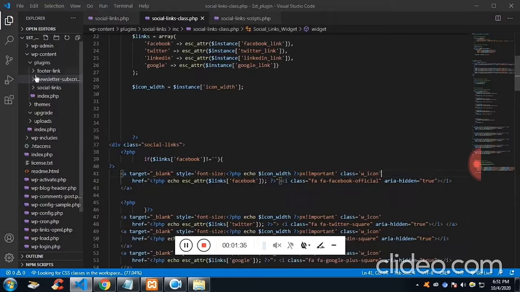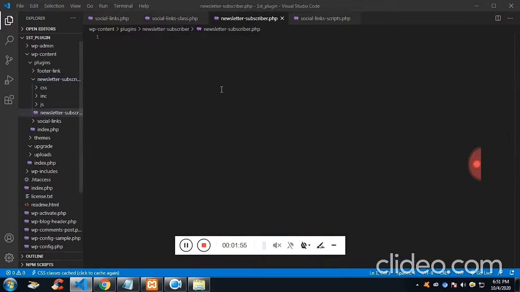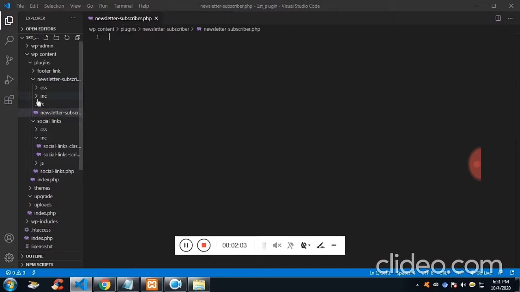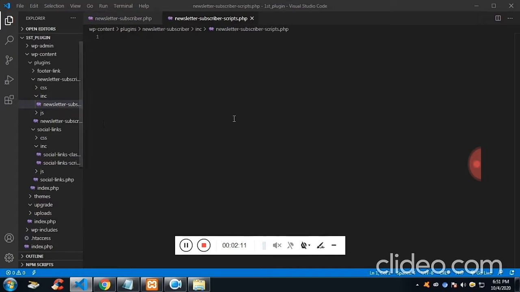I'll create a file from the text editor, Visual Studio Code. Right click, new file. I will name it after the folder name, but I will call it the index file just to refer to it. So in the coming minutes I will be referring to this file as the index file. Please note, now we have an index file. Now what we need to do is create another file in the include folder. I'm going to name it newsletter subscriber hyphen script. The newsletter subscriber is simply the